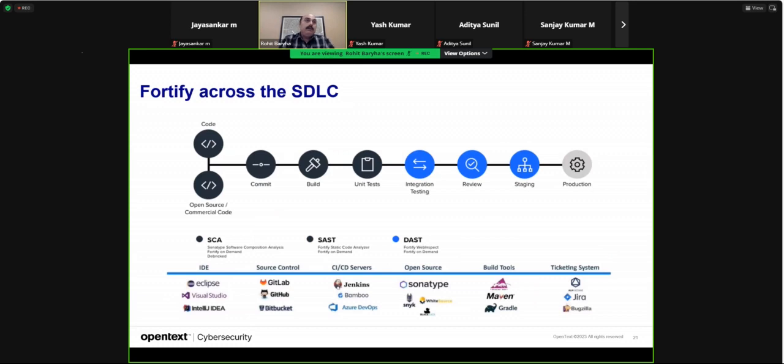All right, now how Fortify can help you in the application lifecycle management. If you look from left to right, that's the path an application team or the infrastructure team can take in order to move their functionality or feature to production. Now, in the initial first few stages, where the developer is committing code, building an application, or testing out some of these features, they get to use those static assessment